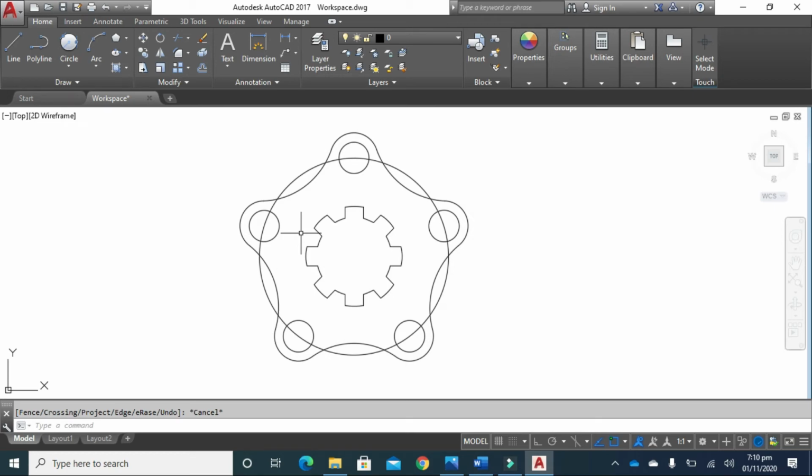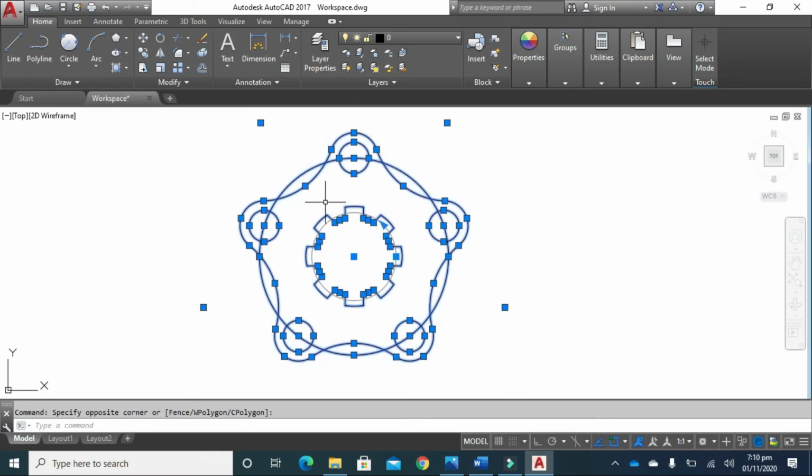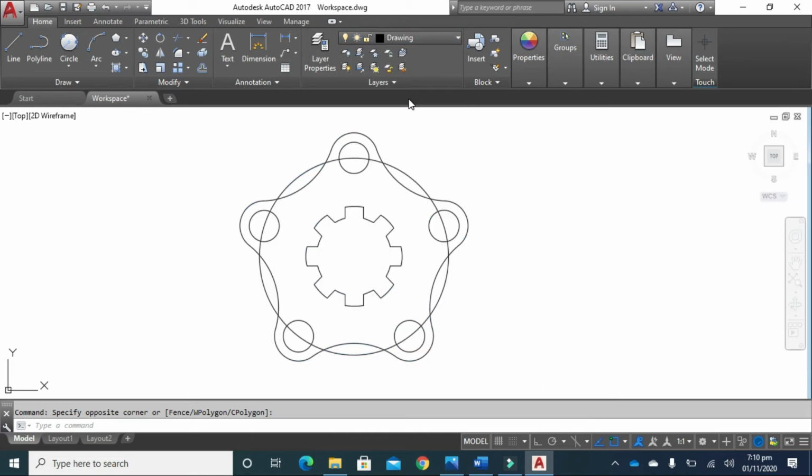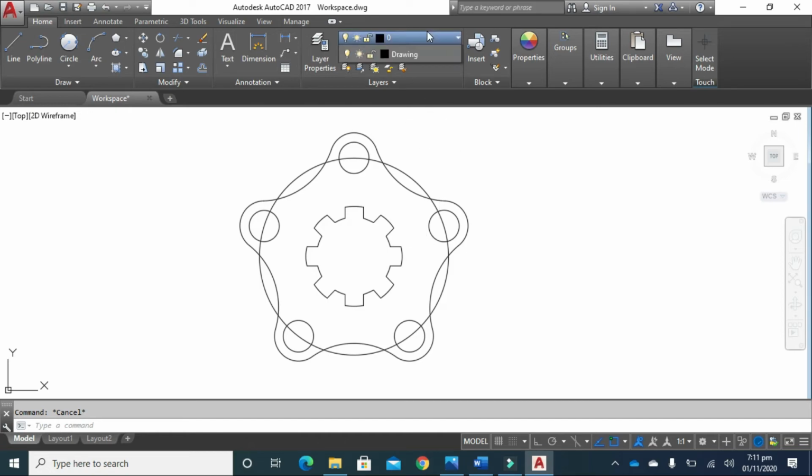The next step is to dimension your drawing. For dimension, click on zero layer. This is the standard layer. Sorry, we forgot to make a layer for the drawing. So select this whole drawing, click here and select the drawing layer. This layer is important and we will tell you the use of this layer when we make 3D models. Press escape. Now select the standard one, that is 0.